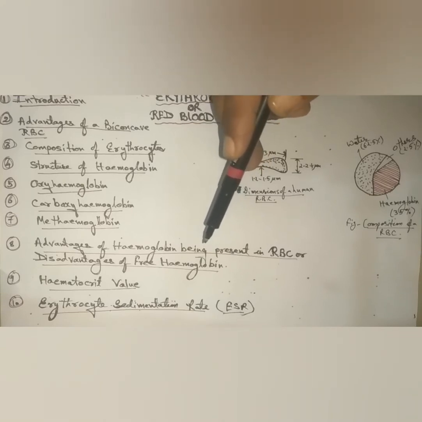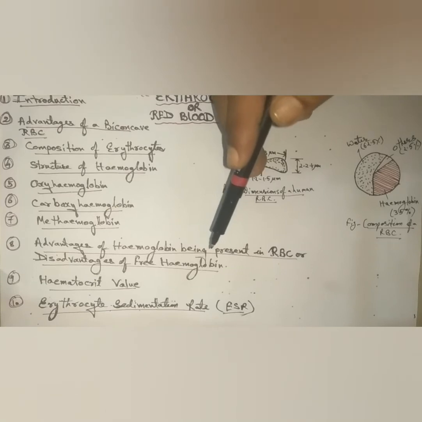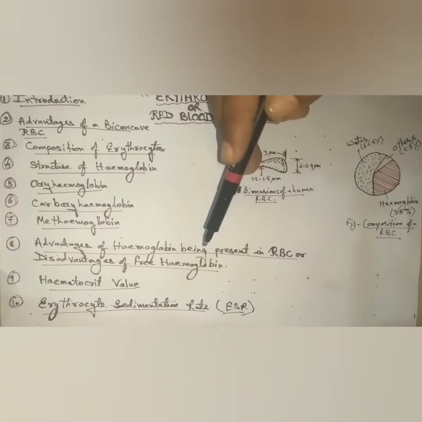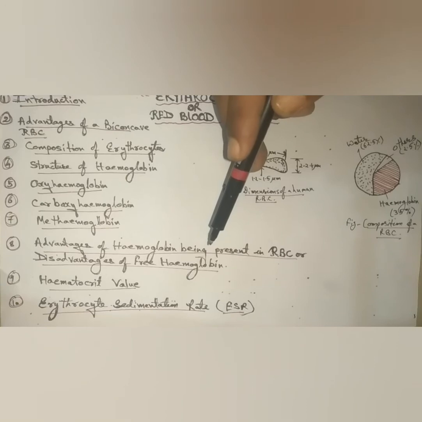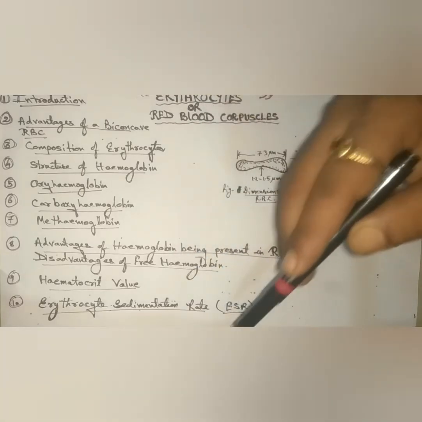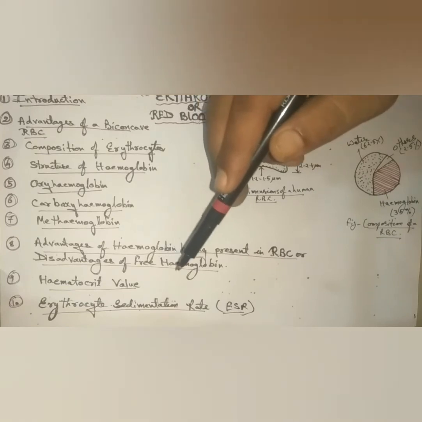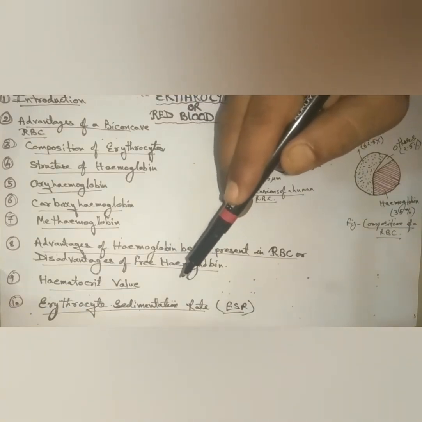The size, structure and shapes of erythrocytes of different animals are different. In fish, amphibians, reptiles and birds, they are usually oval, biconvex and with a nucleus. In mammals, they are biconcave, circular and without a nucleus, except in camels and llamas, where they are oval and nucleated. Next, the old and worn out erythrocytes are destroyed by the liver and spleen.